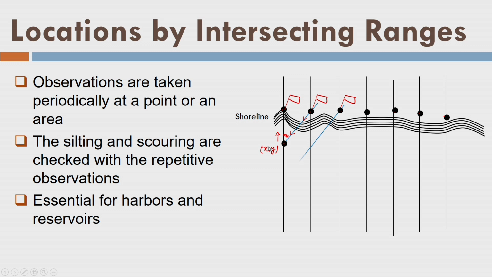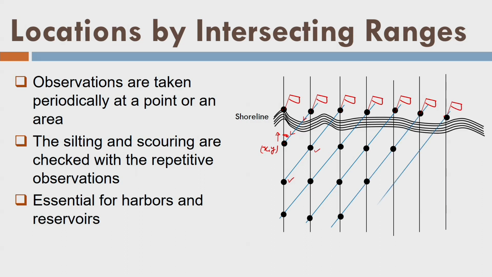Let us say this is a flag and the boat is moving parallel to the previous line, and so we determine these two points also. Okay. So, this is the next flag and we move parallel to this and we determine these points, and so now we are getting the points at a regular interval or in a regular grid fashion. So, let us keep on doing this, and so on. So, this method is called locations by intersecting ranges.